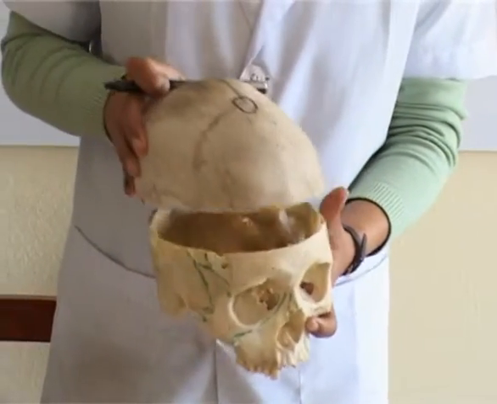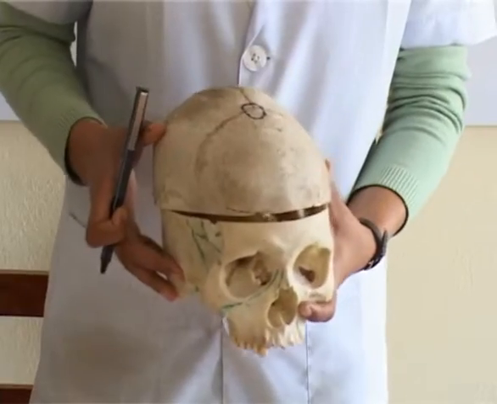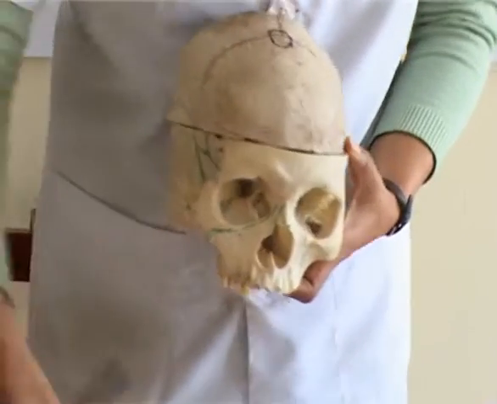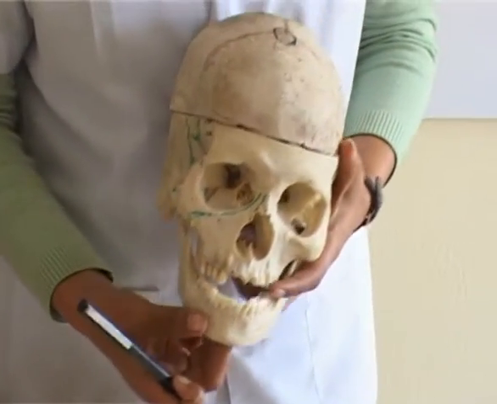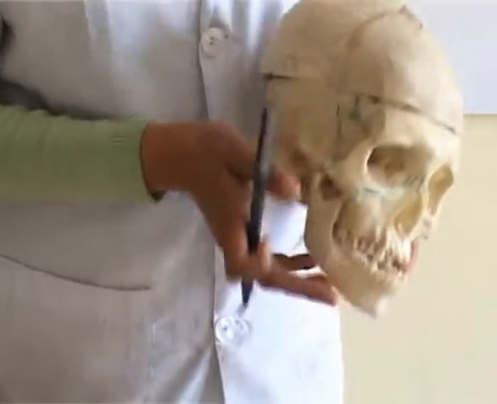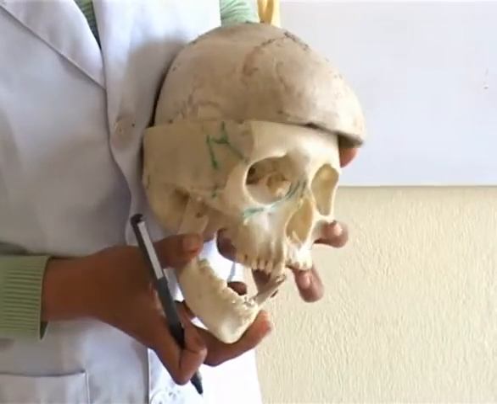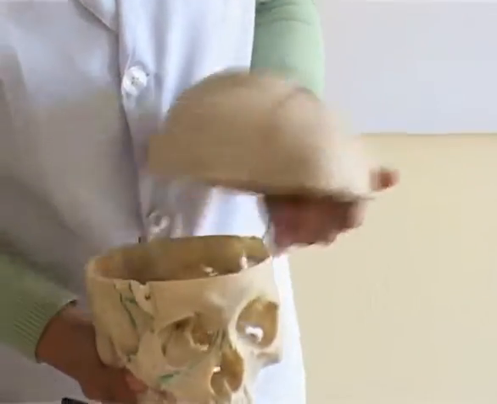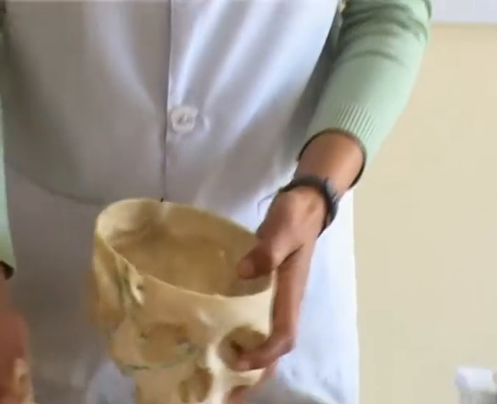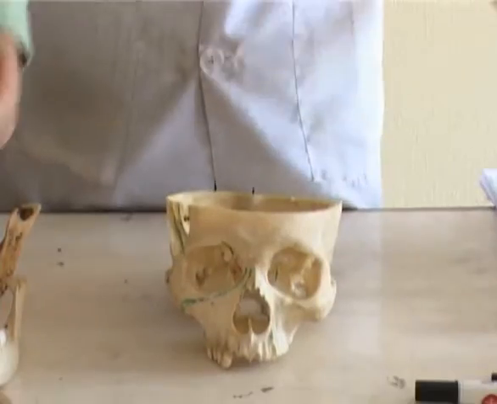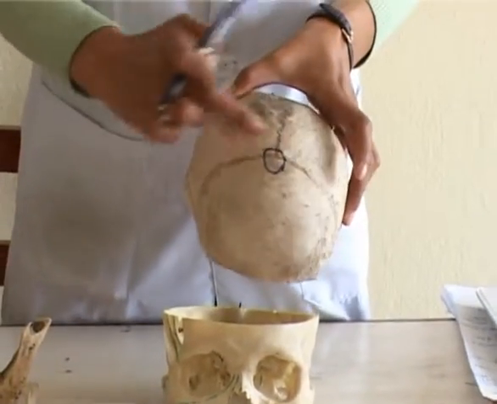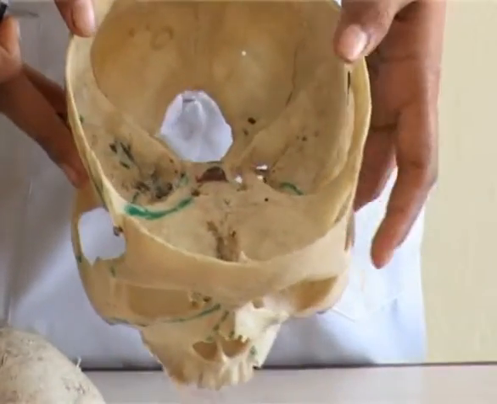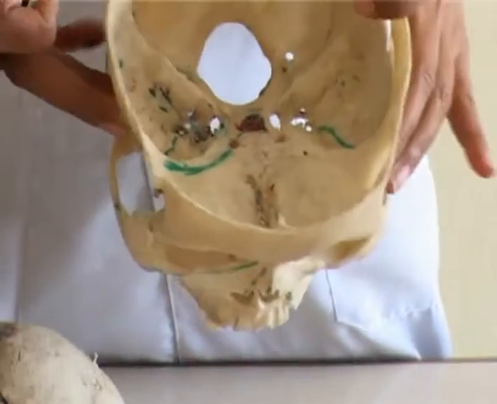Skull comprises 22 bones. 8 belong to the cranial cavity and 14 to the face. Between these 22 bones, there is only one pair of synovial or moving joint. The rest are immobile. These immobile joints are the sutures and primary cartilaginous. There are about 50 foramina in the skull for communication with the outside.